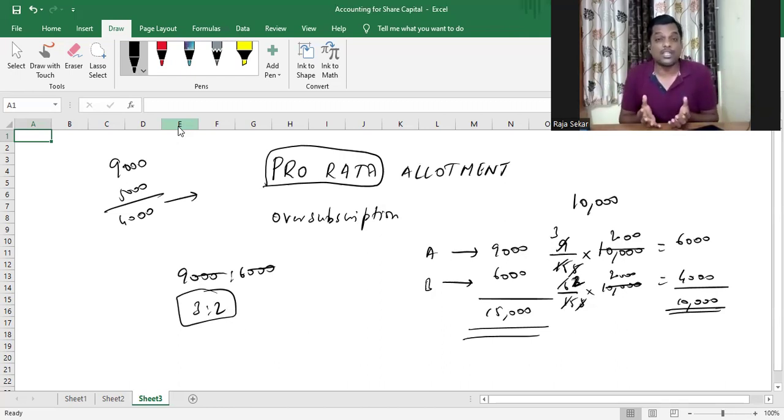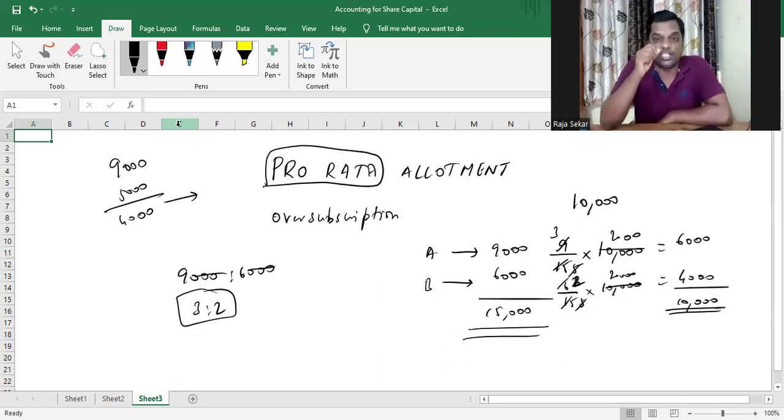Now, this excess application money is available for every applicant in a company which has made pro rata allotment, because everybody who has applied for shares has got some shares, but nobody has got the entire number of shares compared to the number of applications made by them. Nobody has got the total number of shares that they applied for, but everybody has got some shares, which means everybody has some extra applications against their name, and everybody has some excess application money.